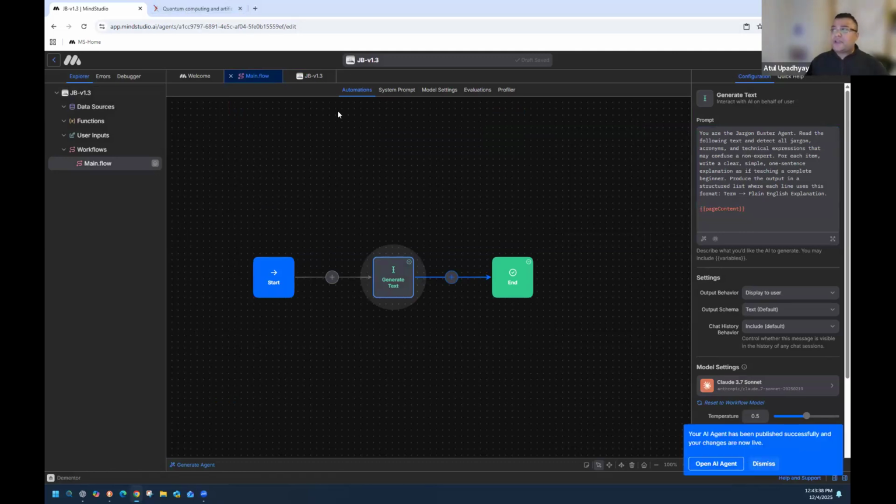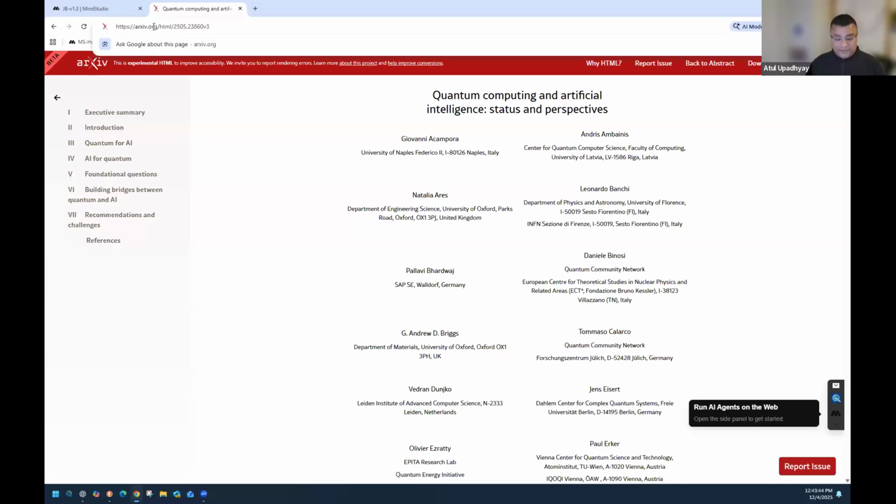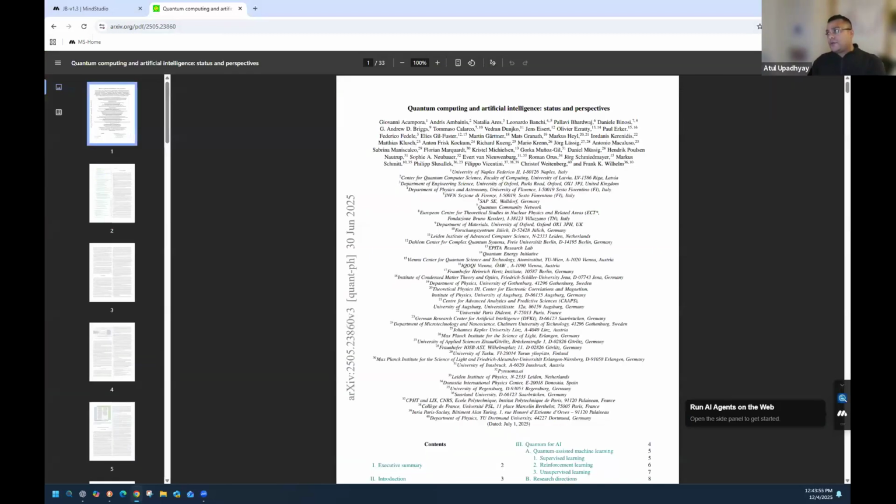So this was a website. The same thing we can do with a PDF if we want. But instead, let me see if I can show you a quicker version. So the PDF would be the same thing. You launch your PDF, you run it through your Jargon Buster version 1.3 AI agent, and it's going to do its trick and give you all the information. Let's look at how it does with a YouTube video. I'm just going to see if this launches up.